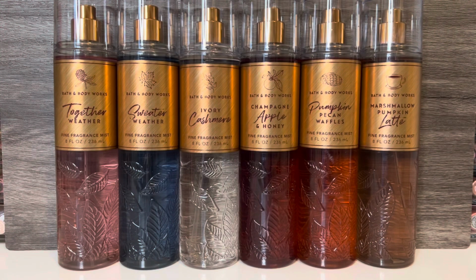The next group of fall scents that I'm reviewing from Bath & Body Works is the 2023 Fall Traditions collection, which is available now both online and in stores. Unfortunately, since this collection comes in faceted packaging, it is more expensive, so I'd recommend waiting for a sale to pick these up. There are 6 scents in the main collection, only one of which is new, and I picked up all of the fragrance mists. They have since added a 7th online-only scent, Sweet Cinnamon Pumpkin, which is also a re-promote. I didn't pick that one up, but I did review it last year, and I'll link that video in the